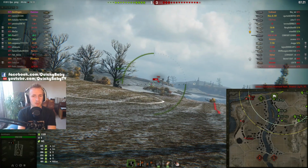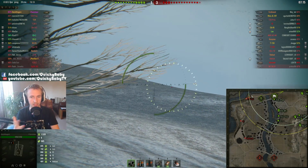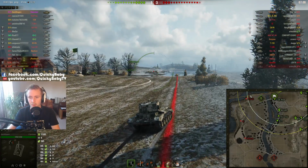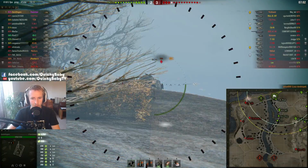But I maximize my view range, and so this is the crucial key to victory, at least in my opinion, for being successful in vehicles like the Charioteer and your other sneaky fast tanks, or shall we say tank destroyers as well. It's about getting your opponents as far away as possible, up to that 445 meters max spotting distance,